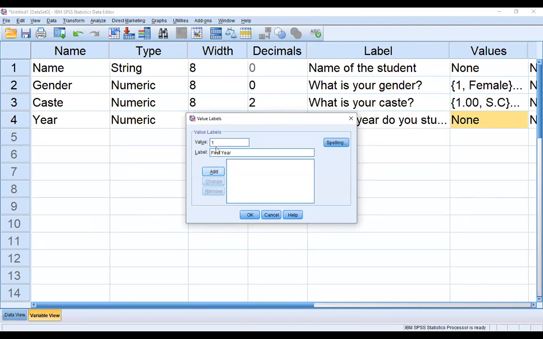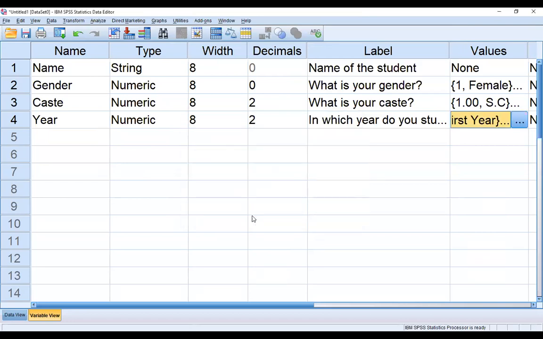If someone is in second year, the coding of second year is 2. And 3 is the coding for third year students, so third year. In this question there are 4 options given by the teacher, and 4 means final year.